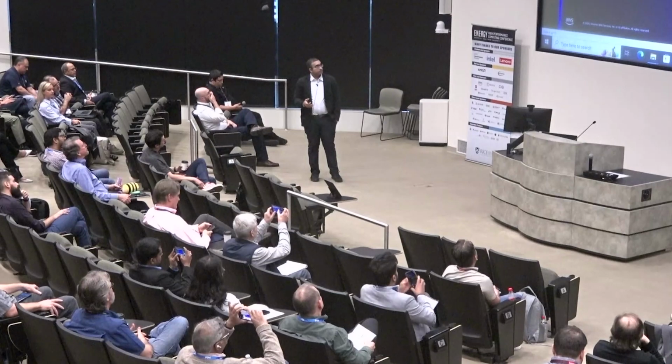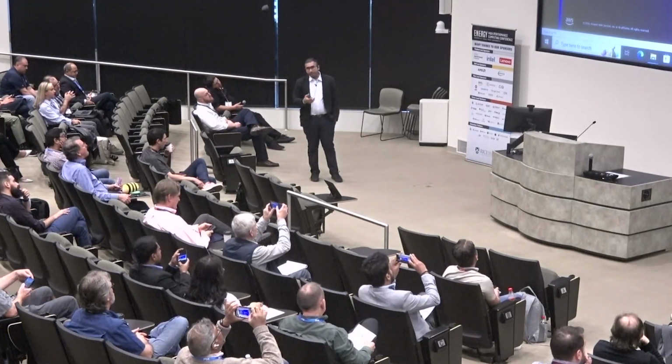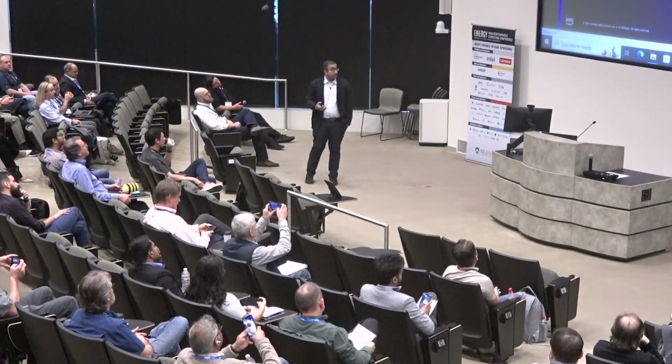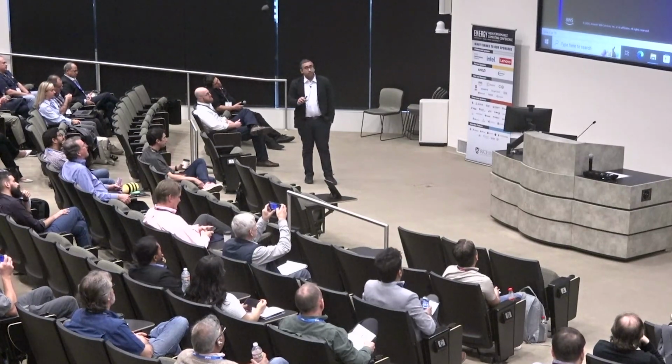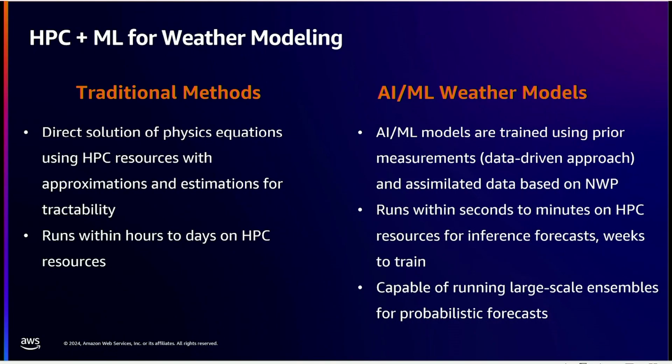Now, traditional methods depend on, for example, the direct solution of these types of physics equations. I do want to caveat this by saying that there are lots of other AI/ML technologies going into even this type of traditional numerical weather forecasting. But here, the limitation is that this does take hours to run. For example, like I said, every 6 hours you get one of these forecasts for